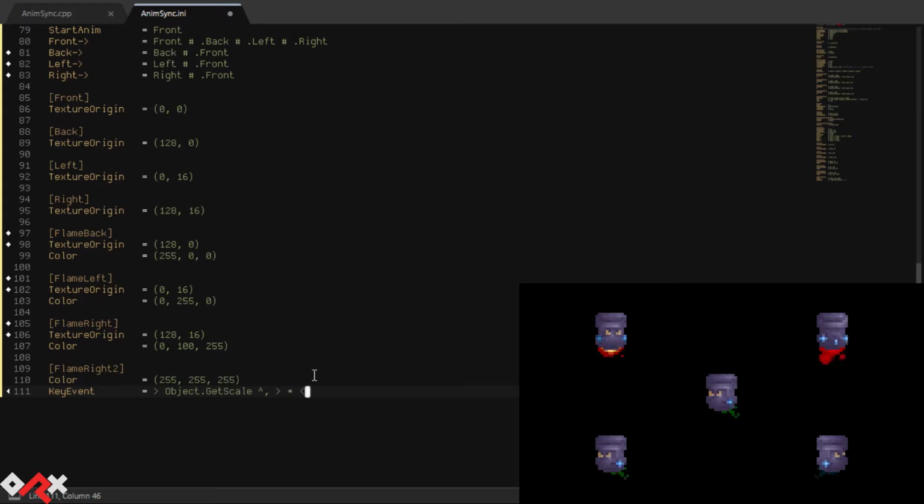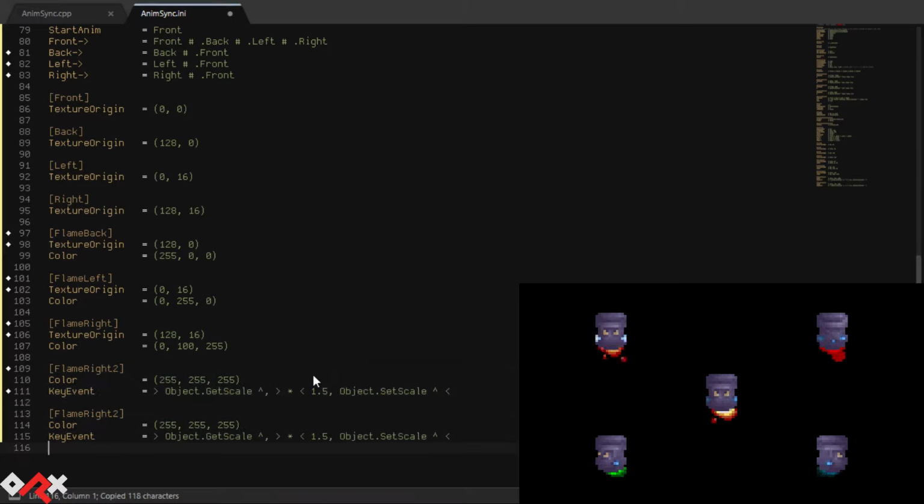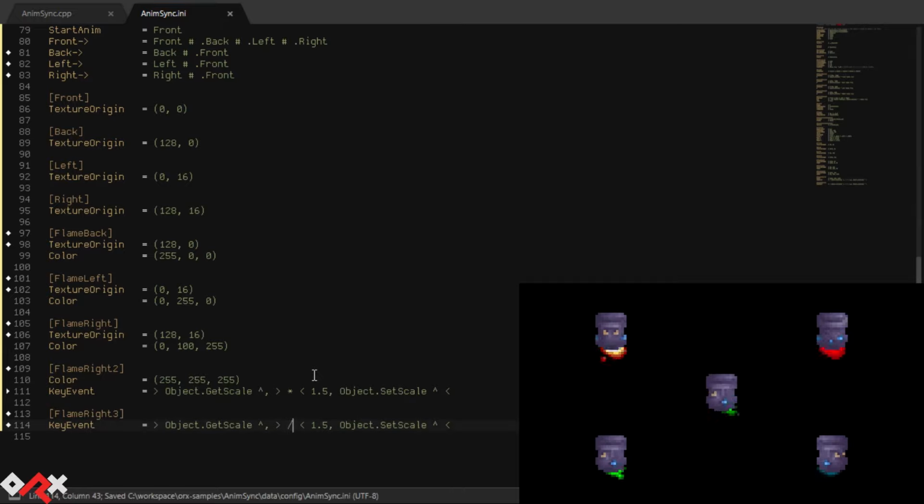And then in frame 3, we'll restore its former scale. Let's check the result of that.